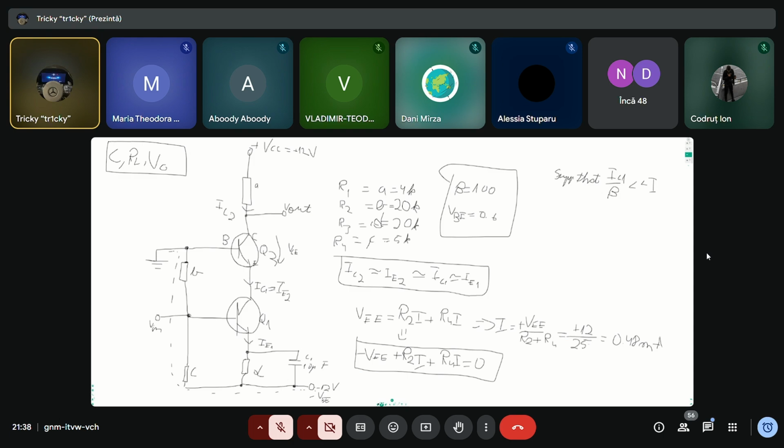So all right, we could take a closed loop Kirchhoff, if I am not mistaken. We could take